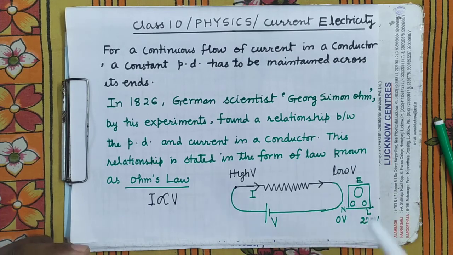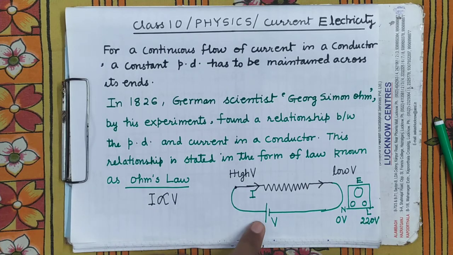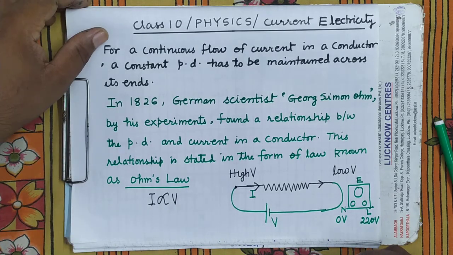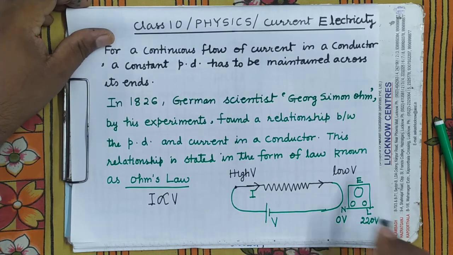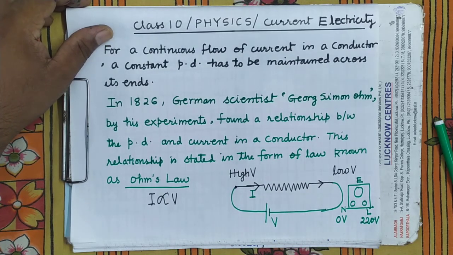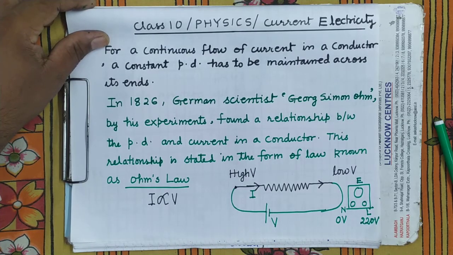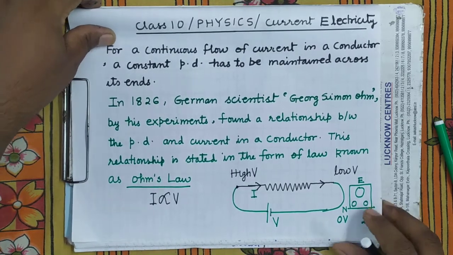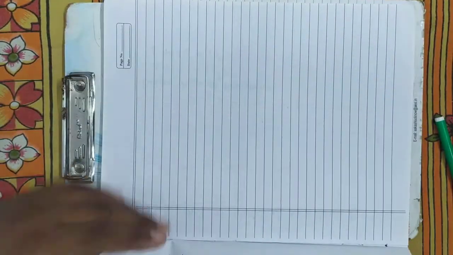By his experiments, he deduced this law between the potential difference applied across the conductor and the current produced because of that potential difference. He found that as long as the physical conditions of the conductor remain the same, as long as the temperature remains the same, the current flowing through the conductor is directly proportional to the potential difference applied across its ends. You can see here